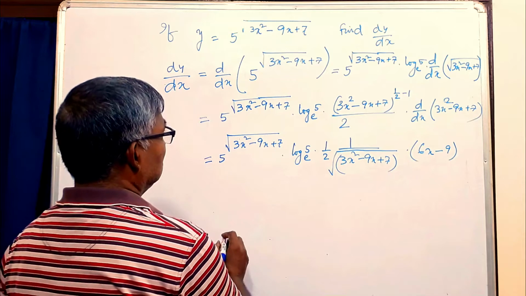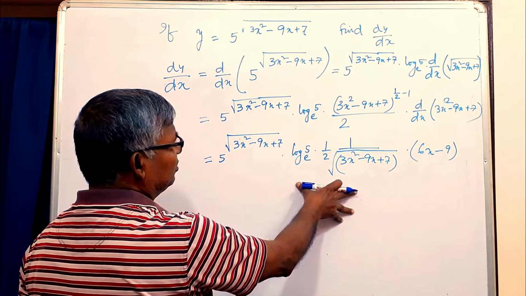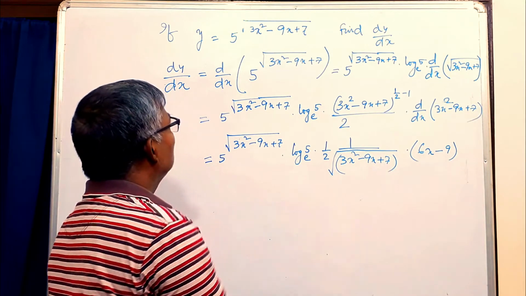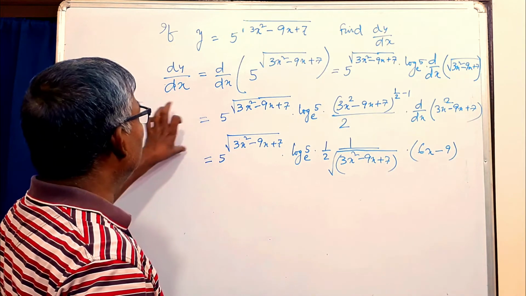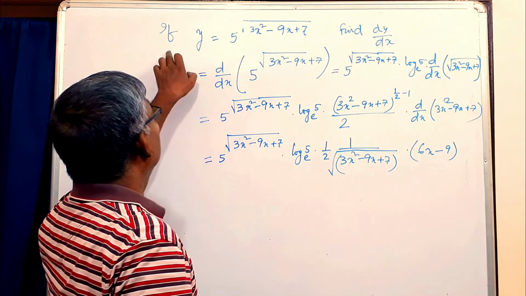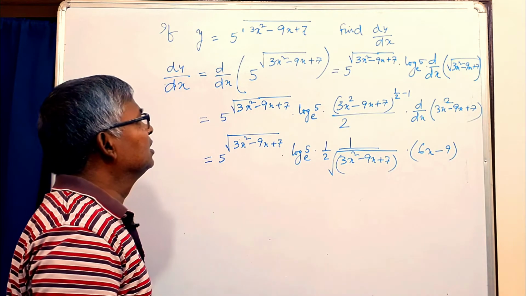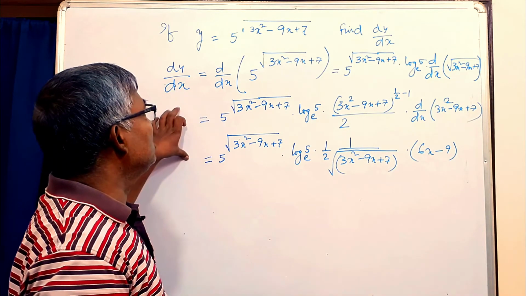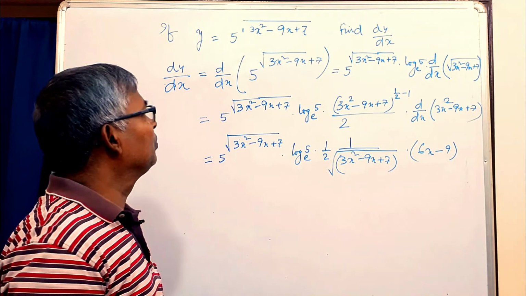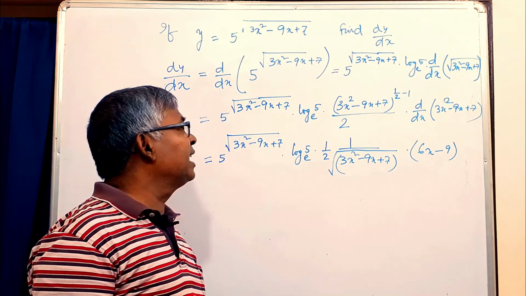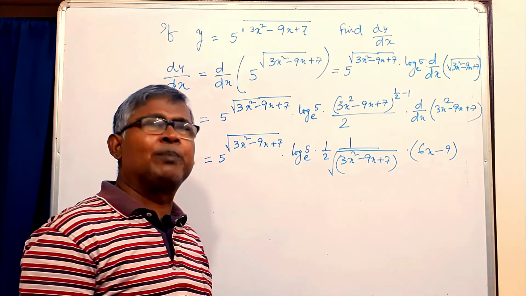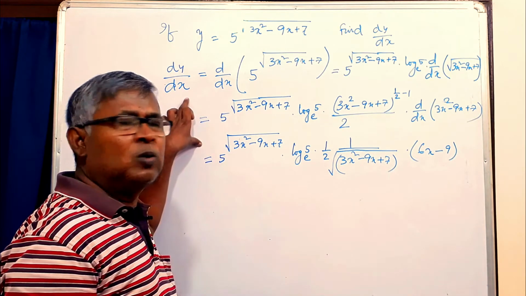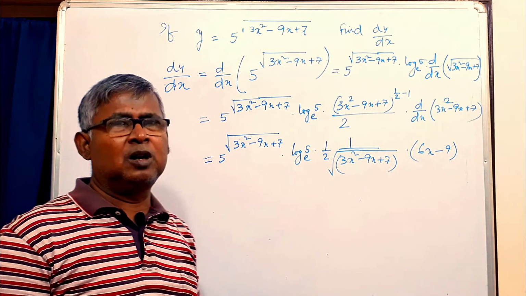So you can take simplification or simply you can write this. So within 2 or 3 steps you can get the derivative of y with respect to x. Students, practically we use this method. It is the shortest method, and for the joint entrance exam you have to save time, so this method is very much useful for competing in the exam.